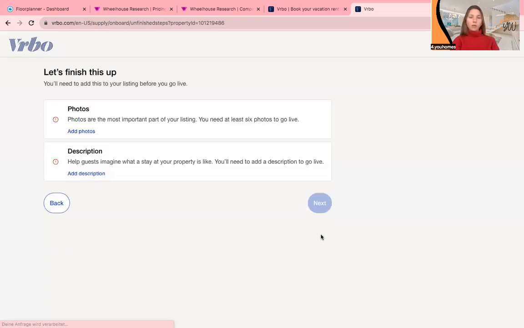So moving on, it's basically almost done. You only have these 2 points you will need to refill before going live. Once you have these points covered, you again will have an overview of the whole information you've typed in. You can always edit it and you can basically go live. That is pretty much it